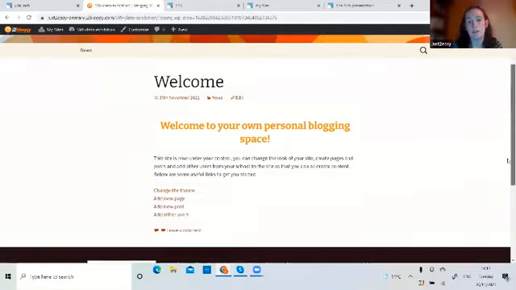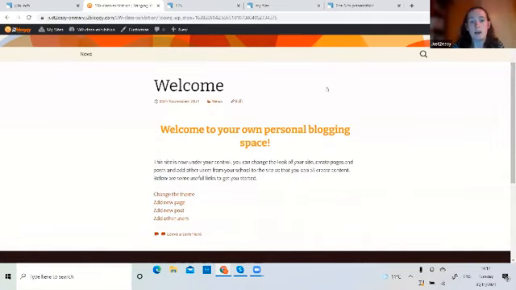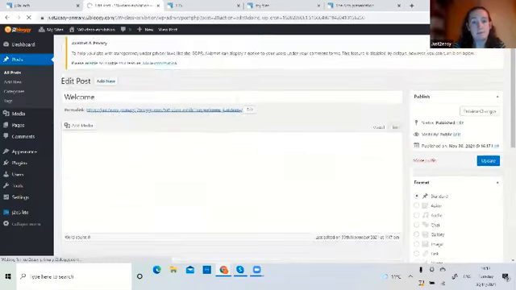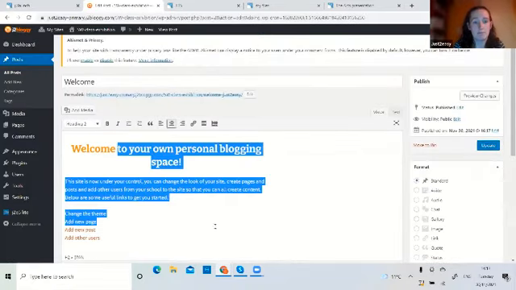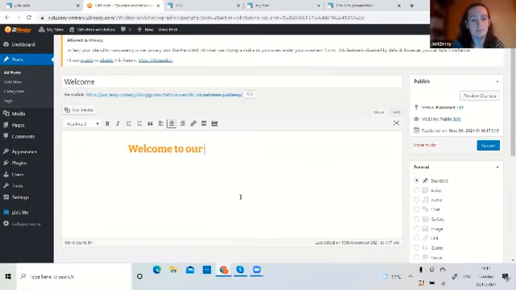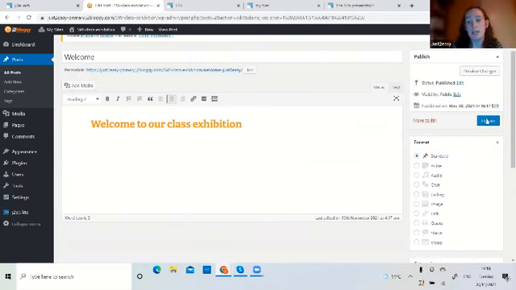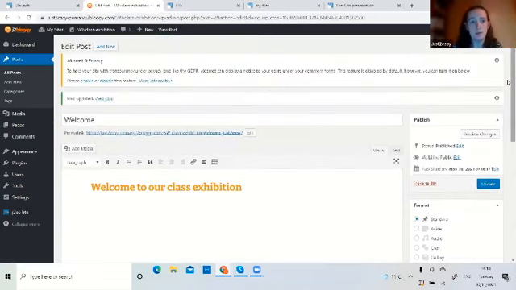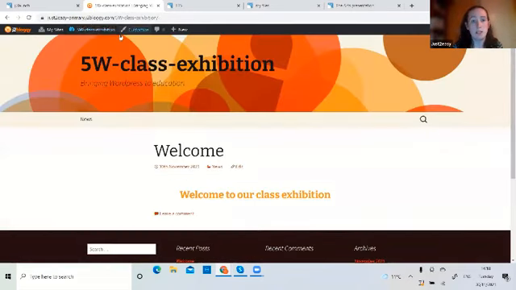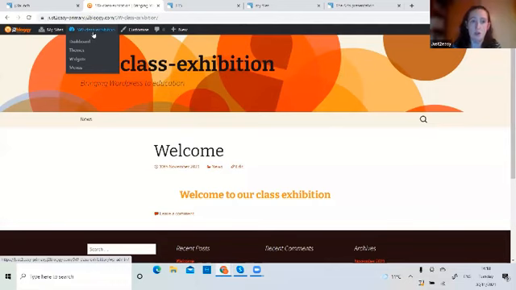So the first thing to take note of is that when you get into this blog, first of all, you're met with some instructions. This confused me the first time I looked at it, but actually it's just a blog post. So we can click edit and we can get rid of that. We could change that to a welcome to our class exhibition, for instance. And worth noting that when we are blogging, we don't save, we either update or we publish. Go back and have a look. We flip between the dashboard and the page itself up here where it says the name of the blog. And all the rest of the editing we're going to do within the dashboard.